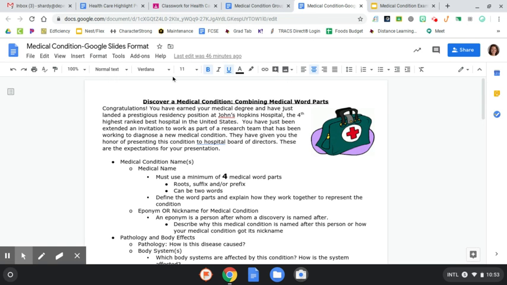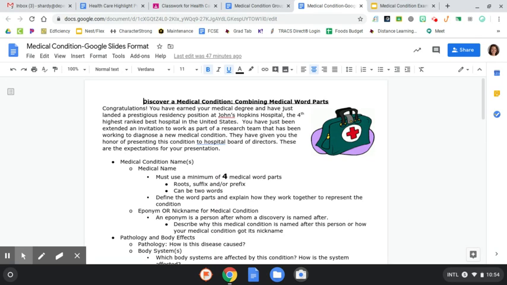So this assignment project, again, like I said, you're going to be creating a medical term to really just get comfortable kind of combining some medical word parts. And then we're just going to get creative with it. So my corny little story here is that you all have earned your medical degree, so congratulations, and you've just landed a very, very prestigious residency position at Johns Hopkins Hospital, which is actually the fourth ranked best hospital in the US. You have been specially selected and extended an invitation to work on a research team